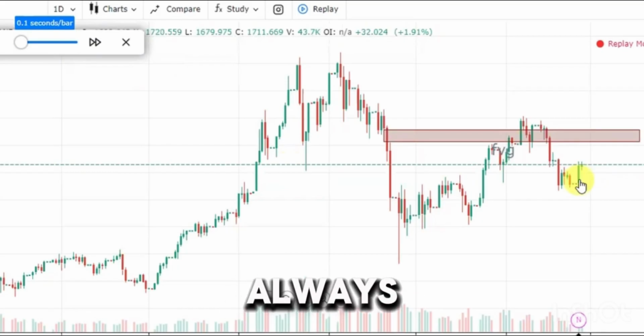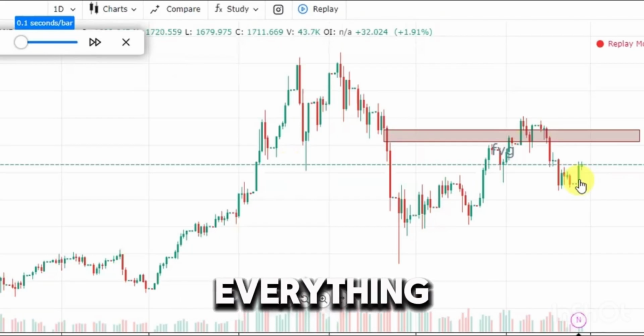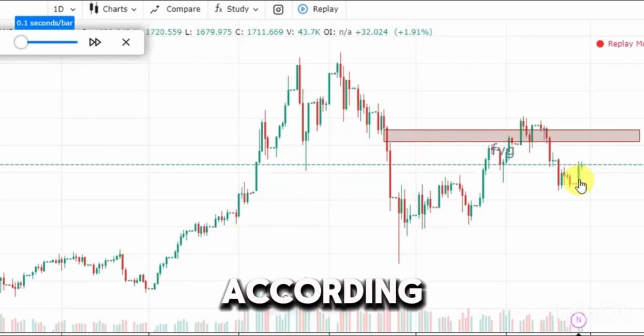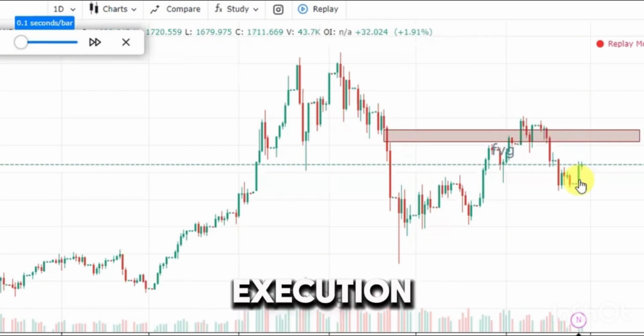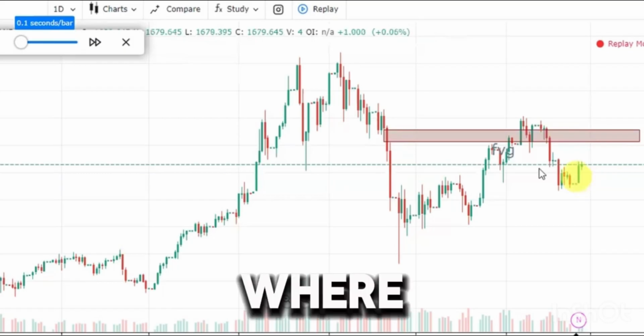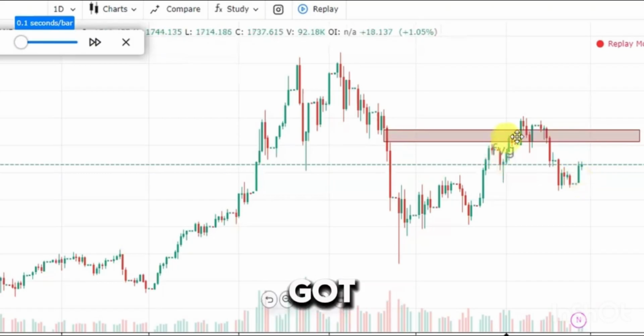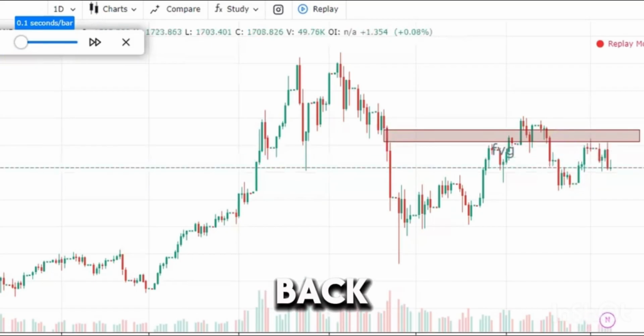It's not always going to be a clean setup, but once everything goes according to your planned execution, then you can just take the trade. So we see where price comes in, goes a little bit above it, but it still came back down. So you're always going to wait for the candle confirmation. Comes back again,